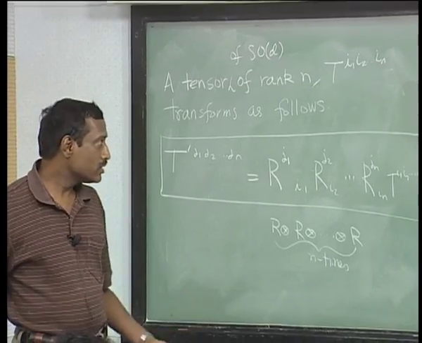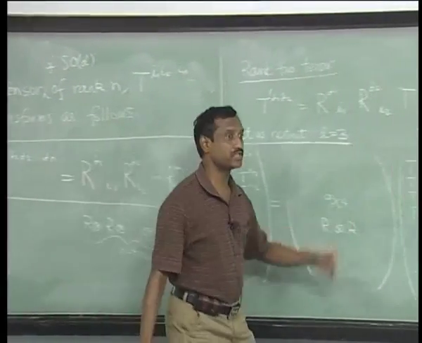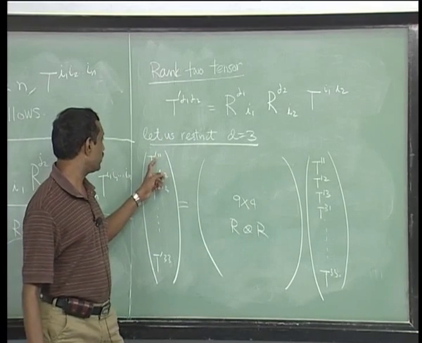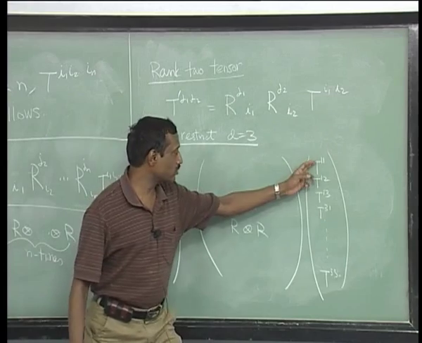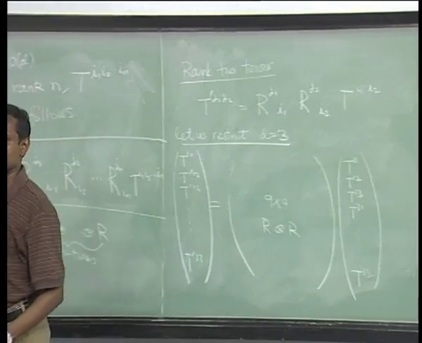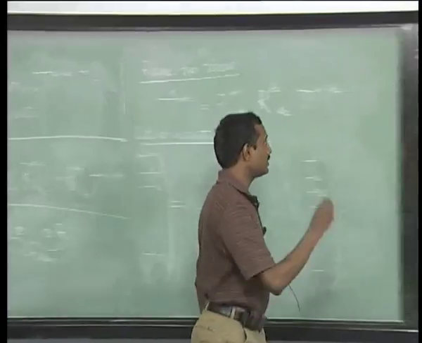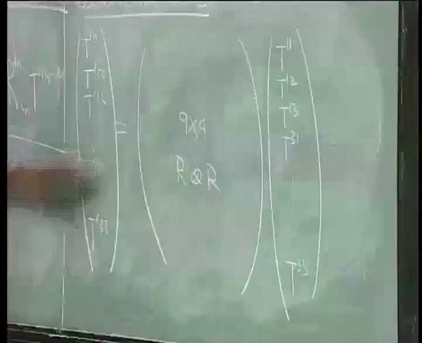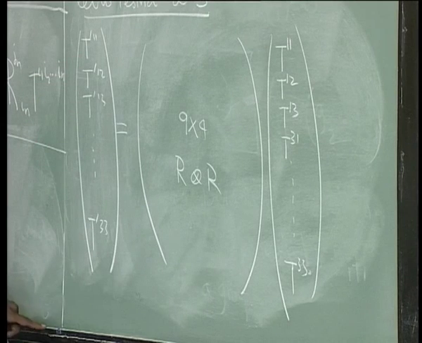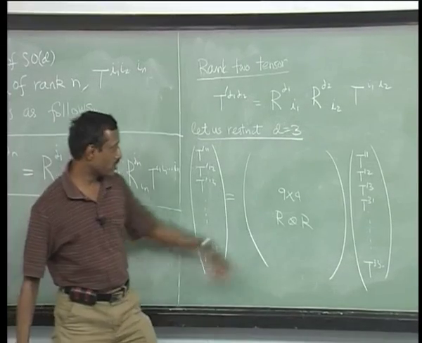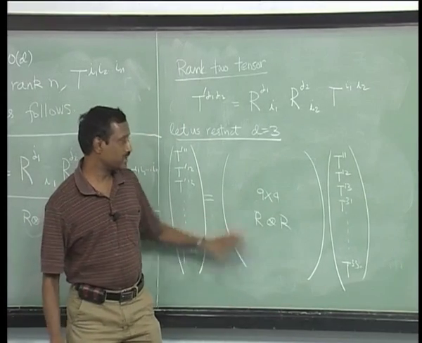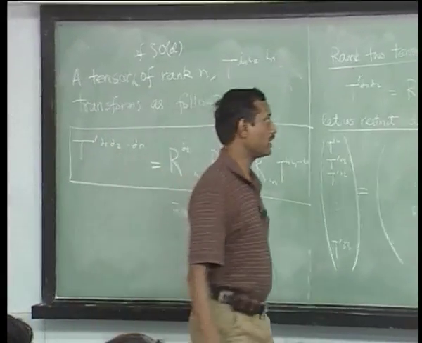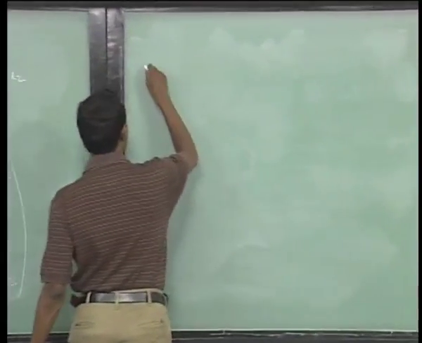So, there could be special components which do not mix with each other. Here the way I have written it, it looks like T prime 11 will be some linear combination of all these 9 guys. Okay. The answer is that actually that is not true. There exists a nice redefinition, so we do not have to write it in this form. There exists a different way of organizing these 9 components such that this R tensor R takes a special block diagonal form, where many zeros come. Okay. And the way to see that is to consider